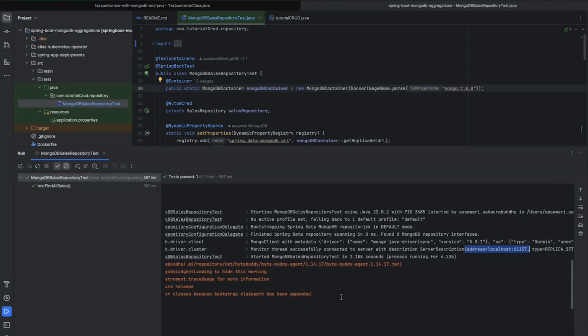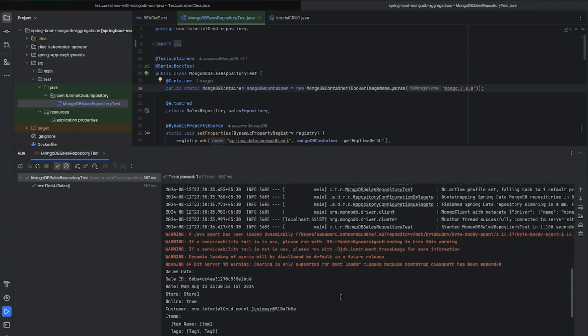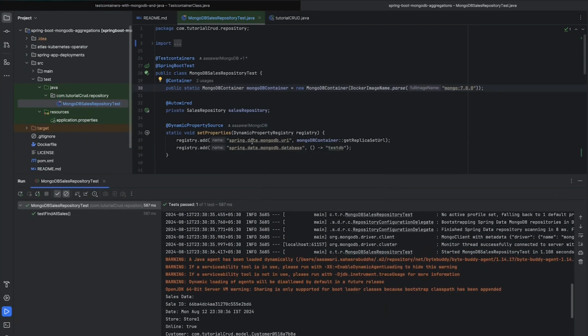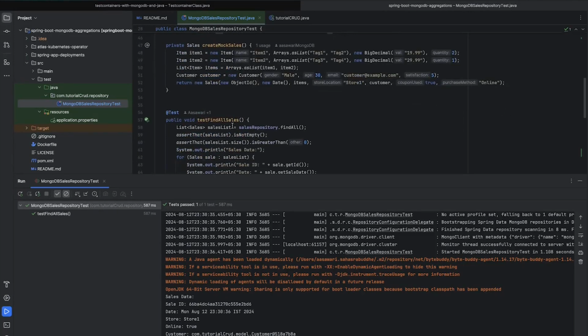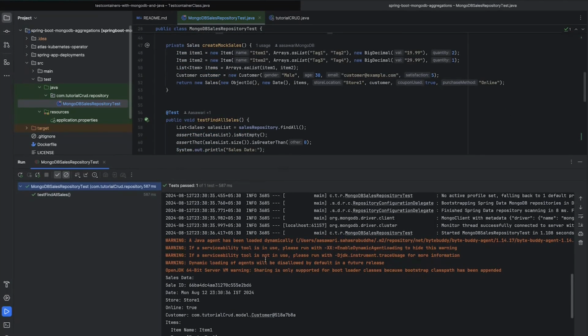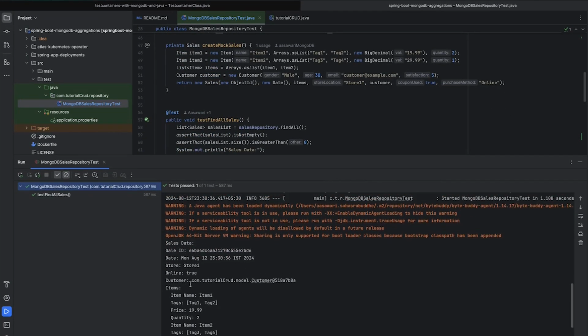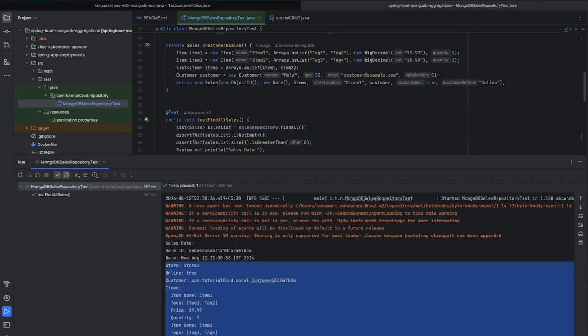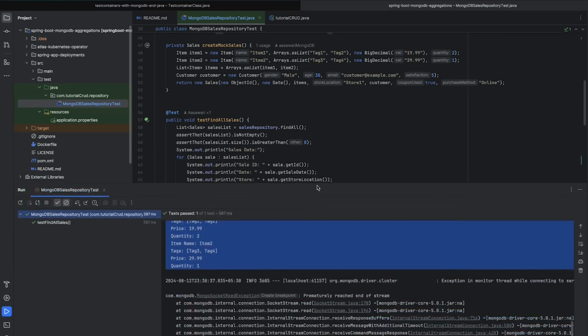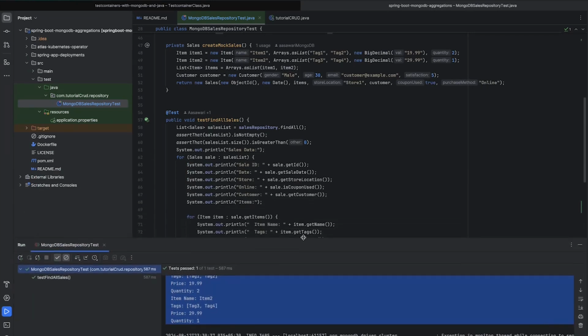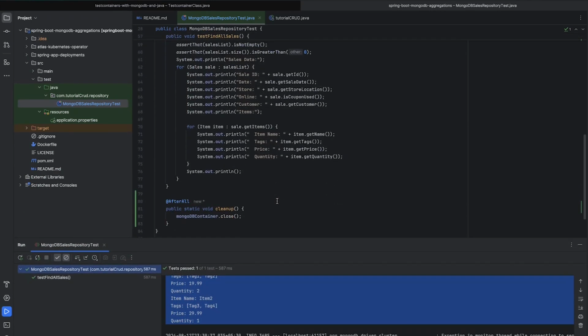And once the data is loaded, we have just run the test case, which is this find all test case, which is finding all of the sales data below. So this is the data that we have inserted, and we have got all of this information about the sales data. So this is how you use your test containers inside your application, and by the end of it, you just close the container so that the container is closed and all the resources are freed up.